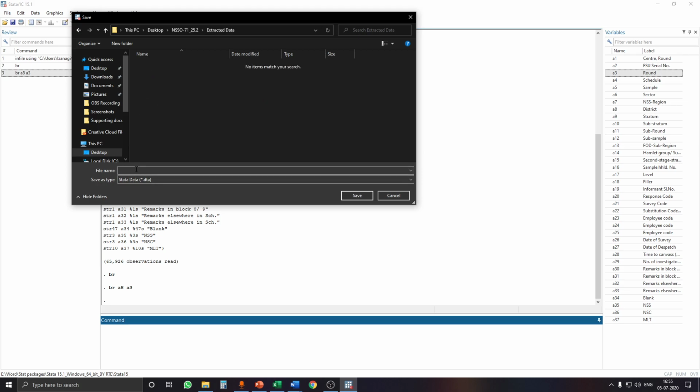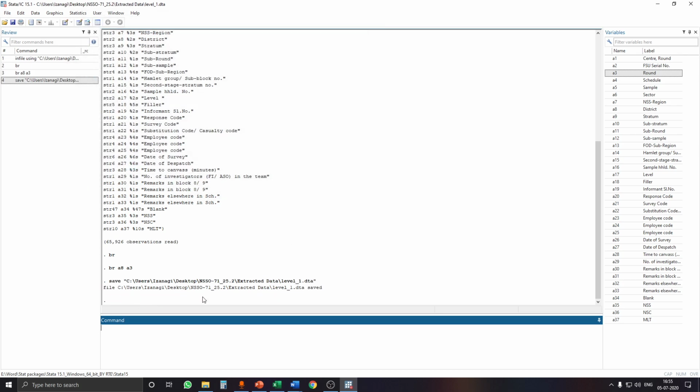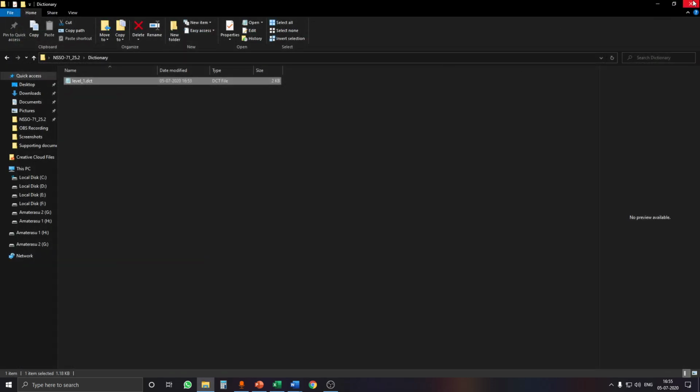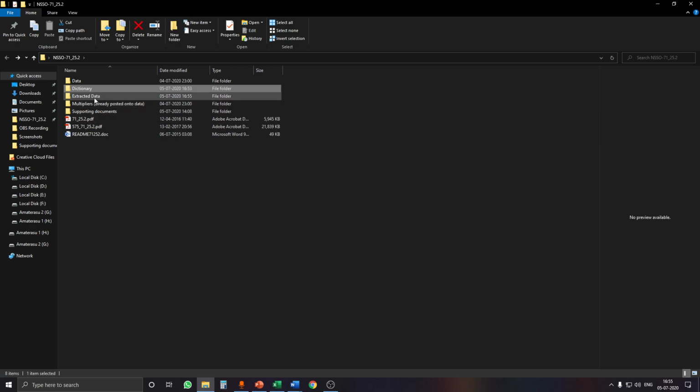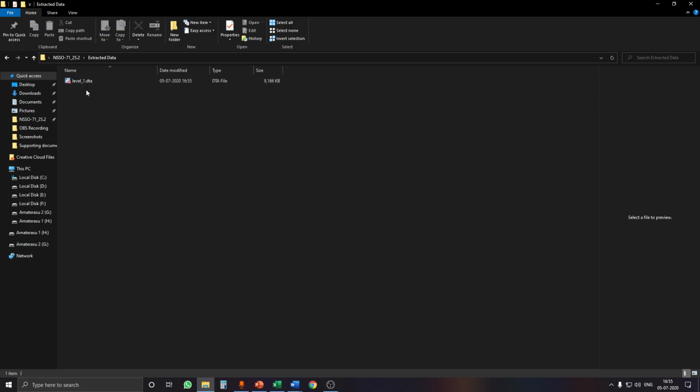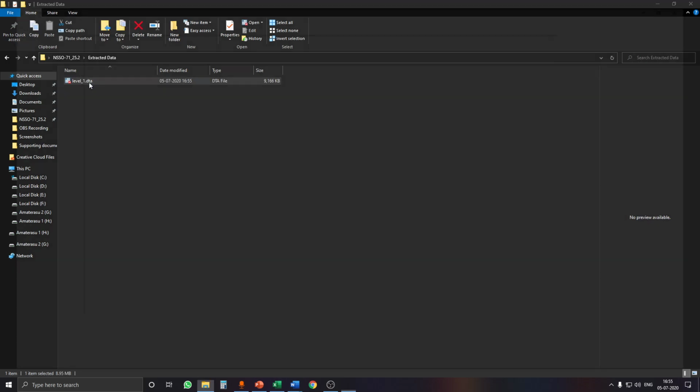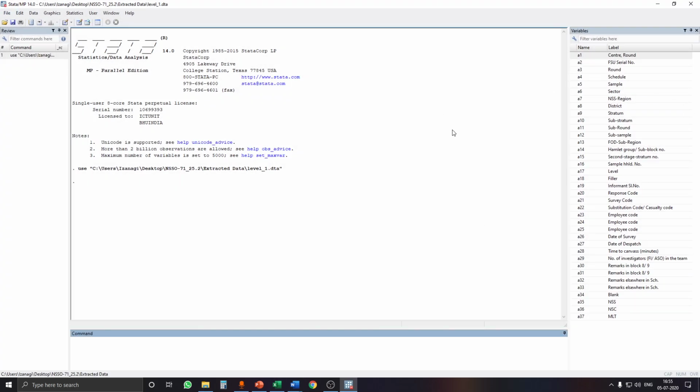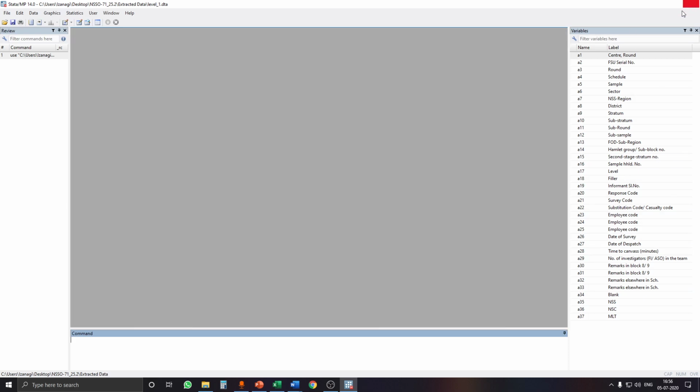We are going to open it, and we are going to name it level_1, and we have to save it as a DTA data file. So level 1 data file, and we are going to save it. So you can see our file has been successfully saved. Now we can close it, and if we go to extracted data, you can see that the level 1 extracted data is over here. If we double click to open it, you can see that all the extracted data is over here. Now we can close it.